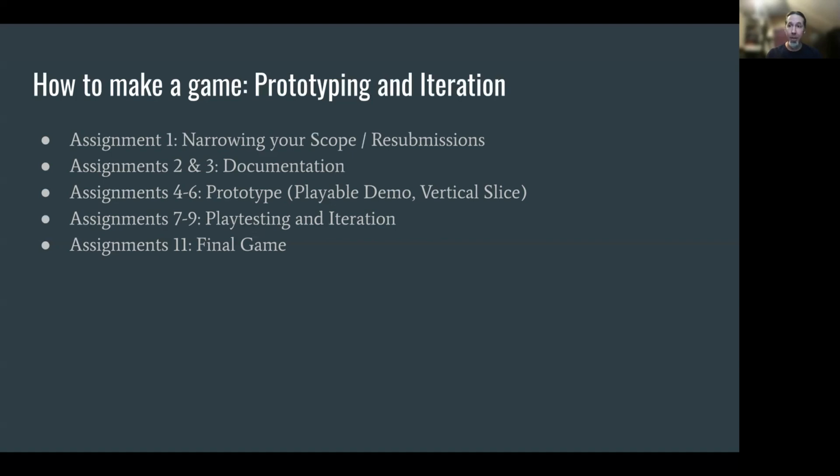And we'll do an assignment today in class, an exercise that will exercise your skills at doing that kind of rapid iteration. And then from week 7 to 9, you're going to be doing playtesting and iteration of that whole system, refining it. If you're deciding to add a new mechanic, you maybe will want to build a small prototype of that mechanic and test it, and then integrate that now proven-to-be-functional mechanic into the larger game